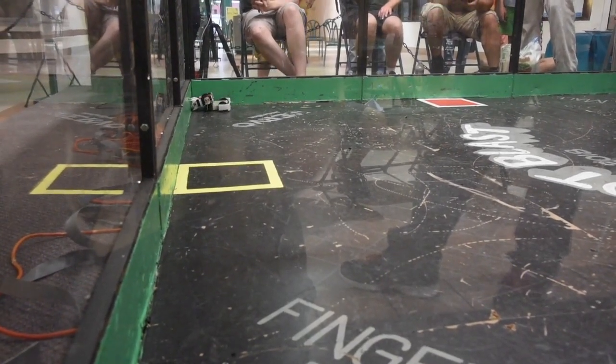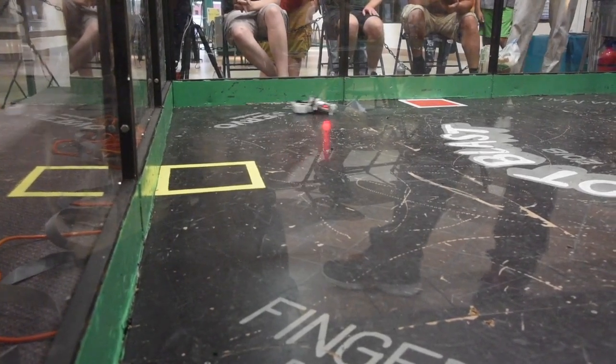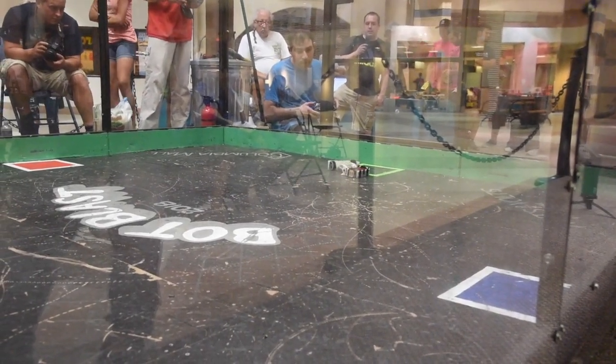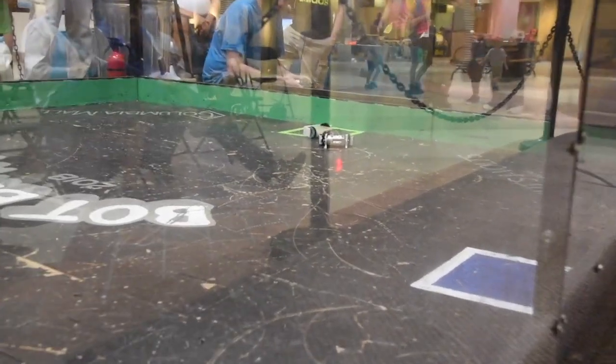Cherry Bomb seems to be stuck there in the corner. Can he escape? You see some movement from Cherry Bomb. 10, 9, 8, 7, 6, 5, 4, 3, 2, 1. The winner by knockout is...